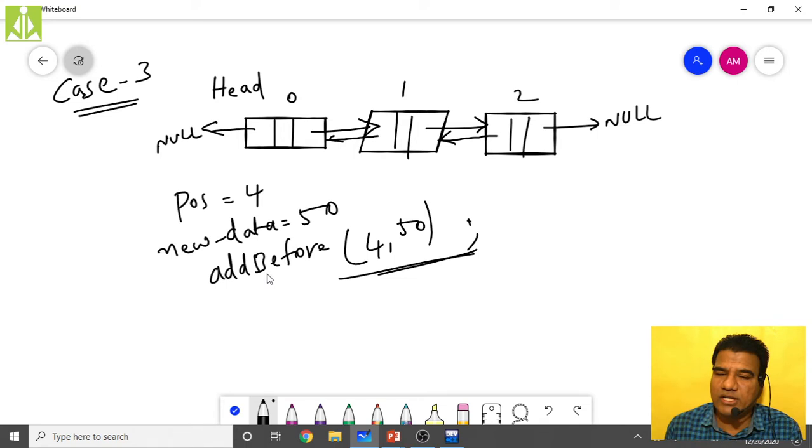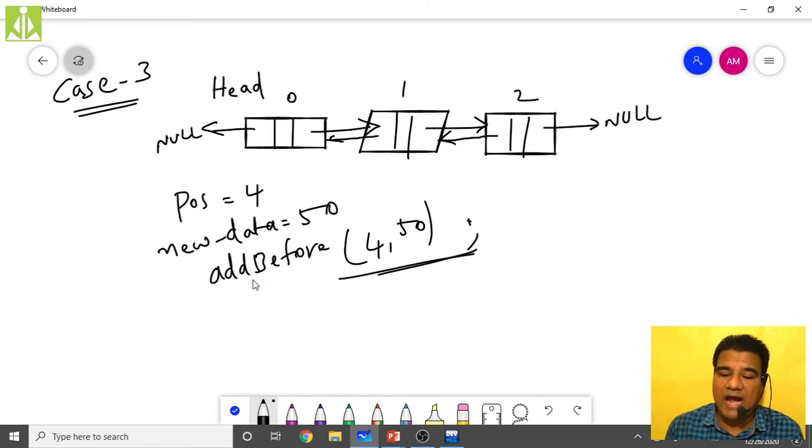If your head pointer is null, if your doubly linked list is completely empty, then the newly created node can be added as the first node. Prior to insertion there were no nodes inside your doubly linked list, and after the insertion there will be only one node. So there is no problem.